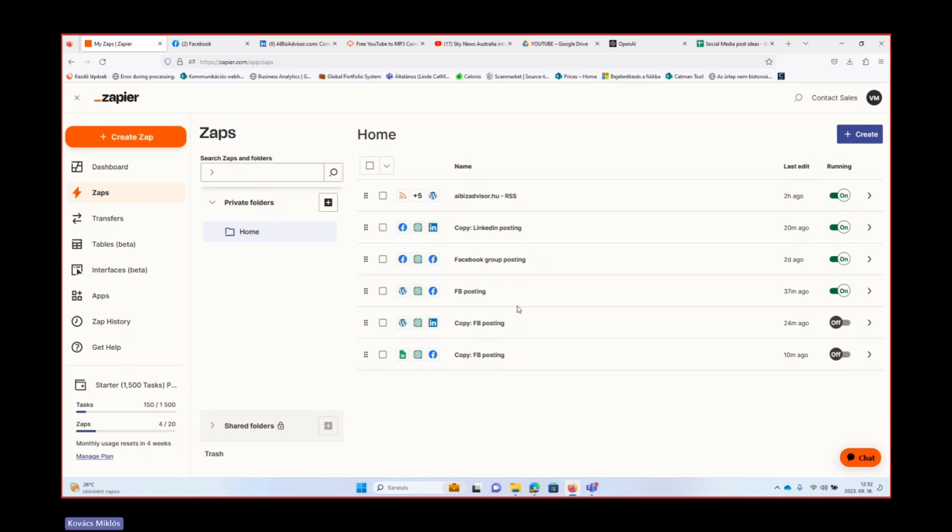or whatever social media platforms. There is a way that you can also transform the existing auto-generated Facebook post to a LinkedIn post. It's also possible. And it's also possible that you generate a social media post from a Google Sheet, so that you do not take a blog post as a basis, but you place your ideas and then generate your social media post from there.